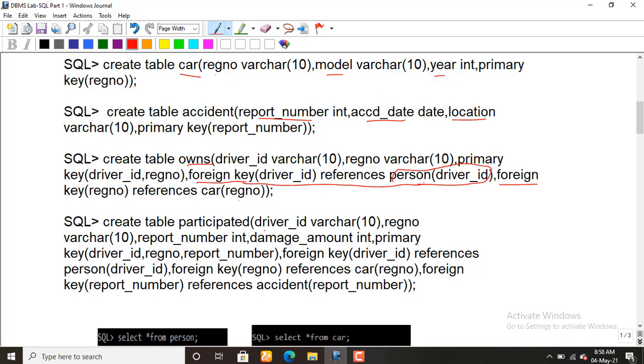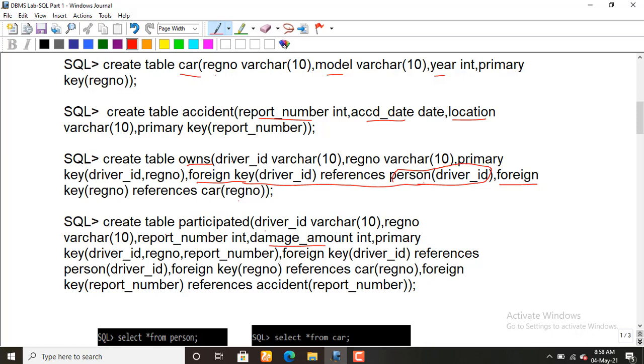So driver ID, which is an attribute from person, registration number, which is an attribute from car, and report number, which is an attribute from accident, and the damage amount exclusive to the participator table. Okay, so here the primary key is the combination of driver ID, registration number, and report number.